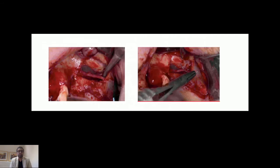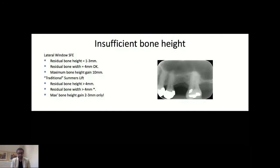So when we deal with cases where you have insufficient bone height in the posterior maxilla, there are ways you can deal with it. Lateral window,